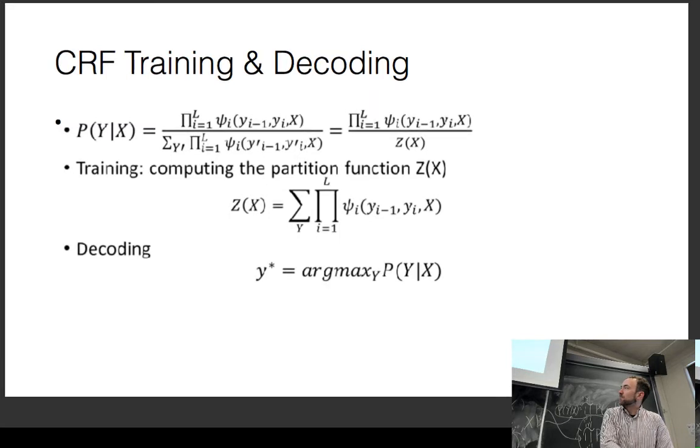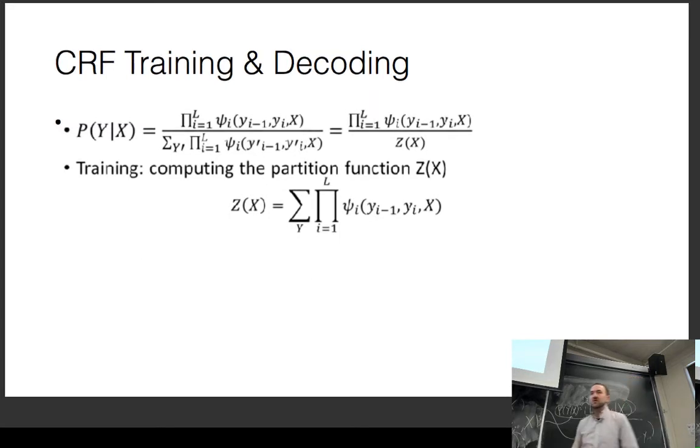And then once we calculate the partition function, we can just use this as our loss function in our neural network. So like everything else in a neural network, if we can calculate a loss function, backpropagation in our neural network library will do everything else for us. So our goal is to basically calculate this efficiently.